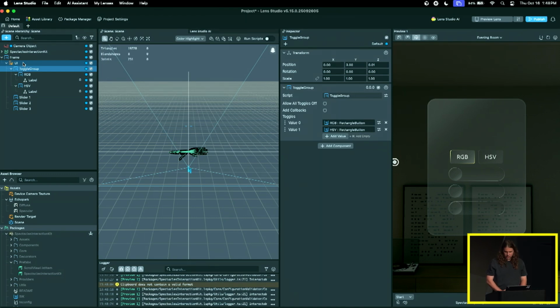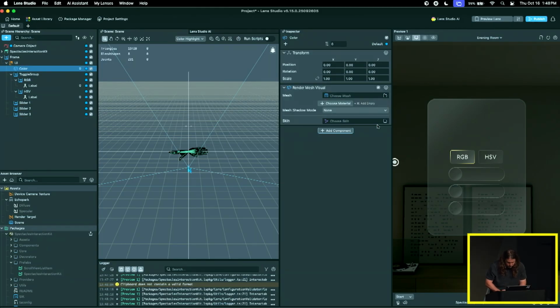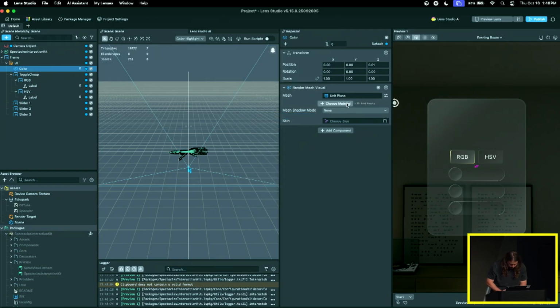Okay, cool. So I'm going to add one more piece here. I'm going to add the color, and I'm also going to move that up here. And I'm going to add a render mesh visual, because this is where we're going to show the color that we're actually picking. I'm going to grab a plane, the unit plane that comes in UIKit, and I'm going